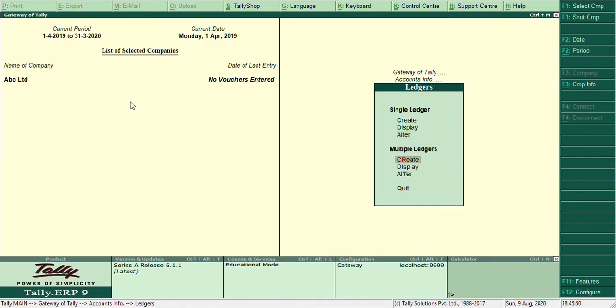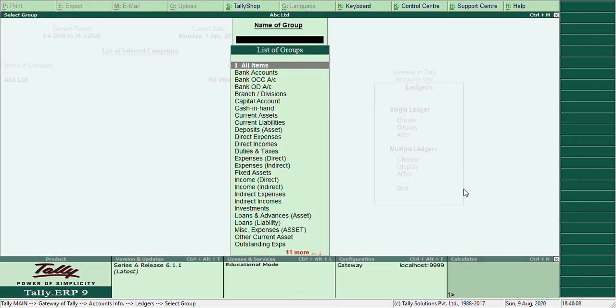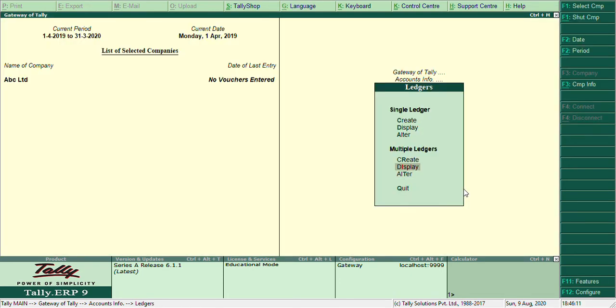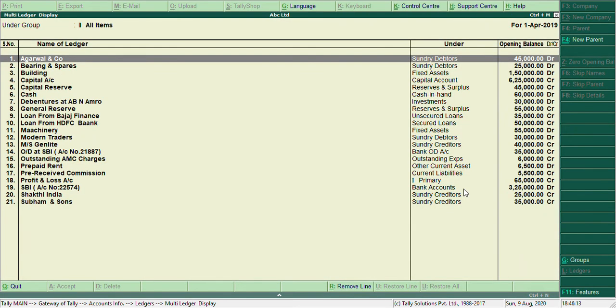You can also view all the ledgers in multiple ways at a time. You can go by display, multiple ledgers. Or if you have to alter, after display or alter, you have to select all items. So Tally will show you all the ledger names you have created, under which group, and with their opening balances.